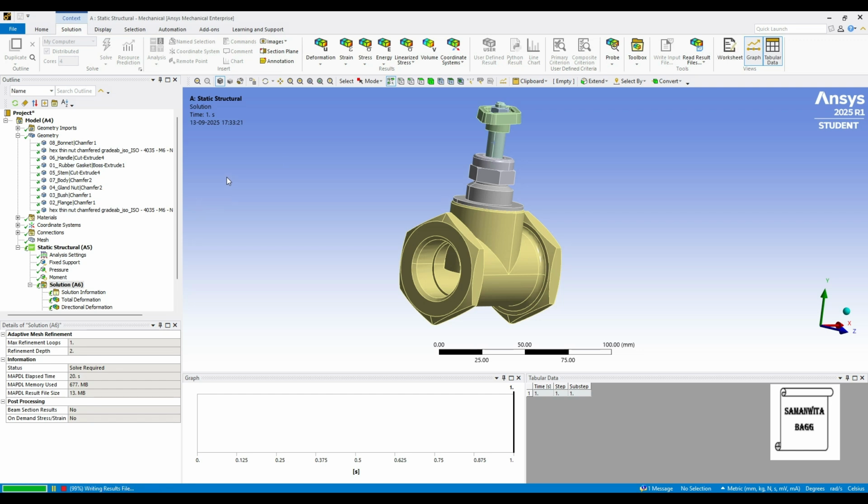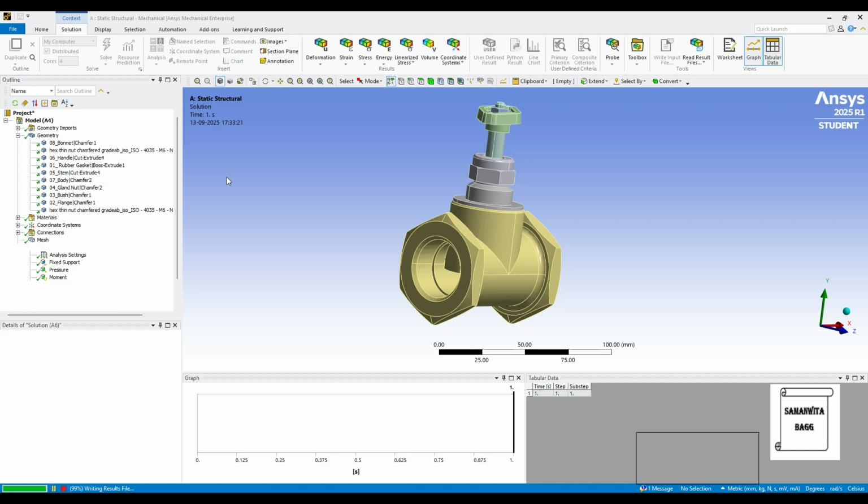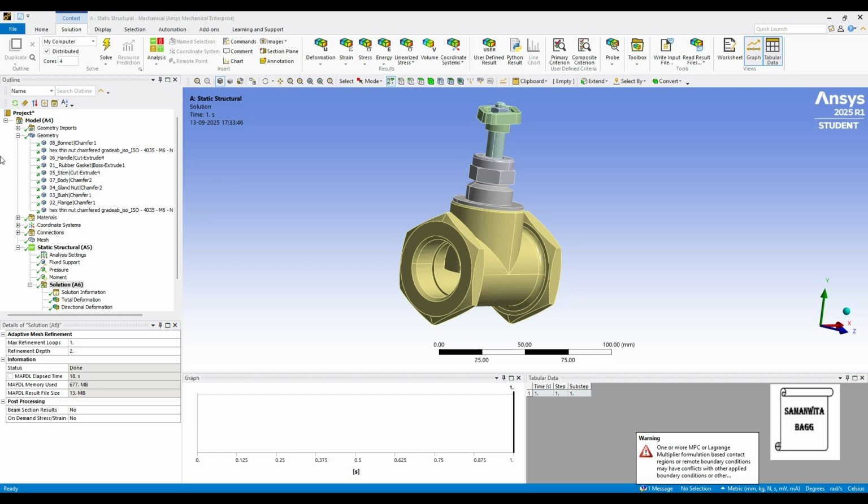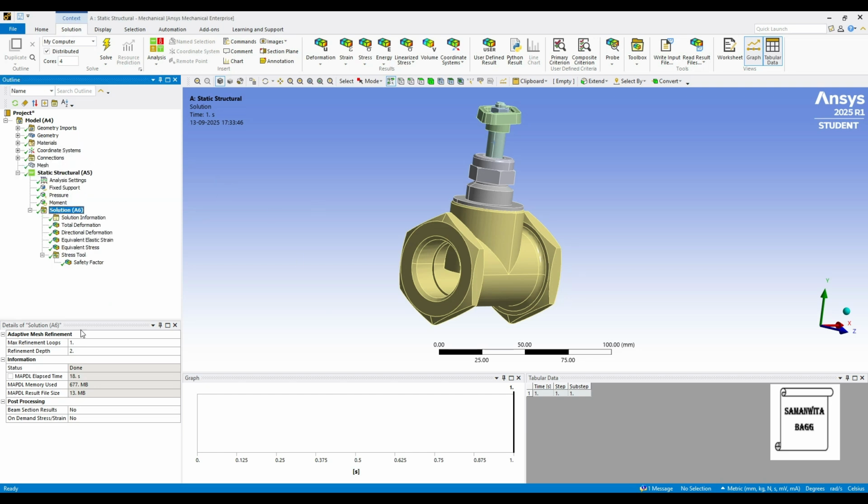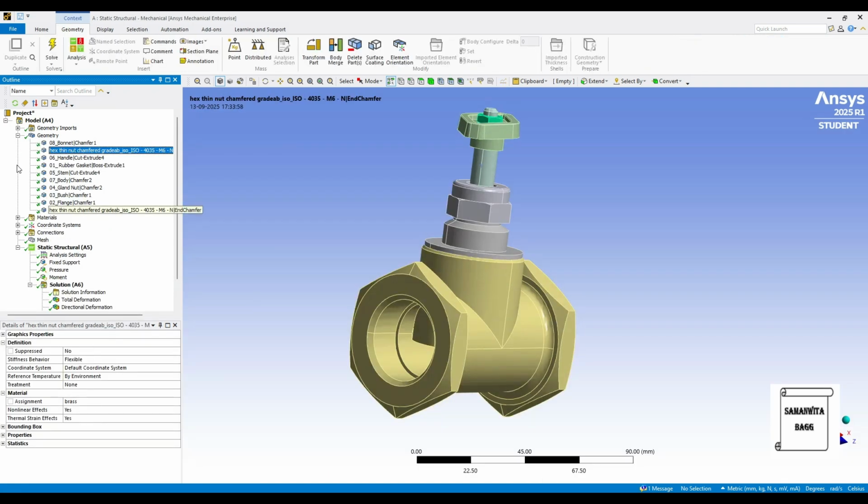Because generally what happens is, in real life examples, the value of pressure remains constant. You can't change that. So suppose I can't change it, let me see if there is any other material which will suffice this pressure value, which will be able to deal with this pressure value. So now we are using brass as the material. As you have seen, we have added brass.